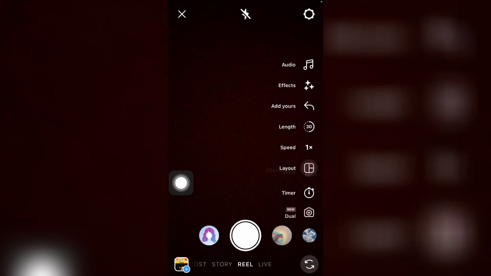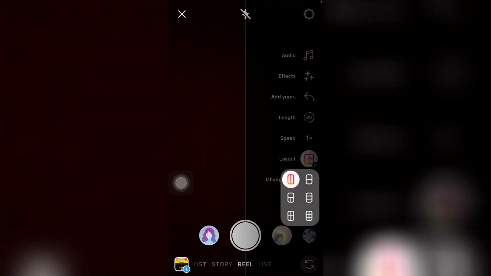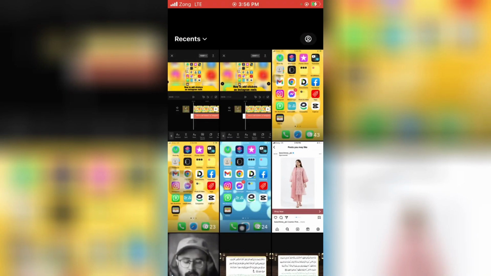If you want to record any video, you can do this. Just click on that layout first and then select the layout of your choice. If you want to add two videos, just select that second one. If you want to add more than two, you can select the layout of your choice. You can record video here, and if you want to upload anything from your gallery, you can go to your